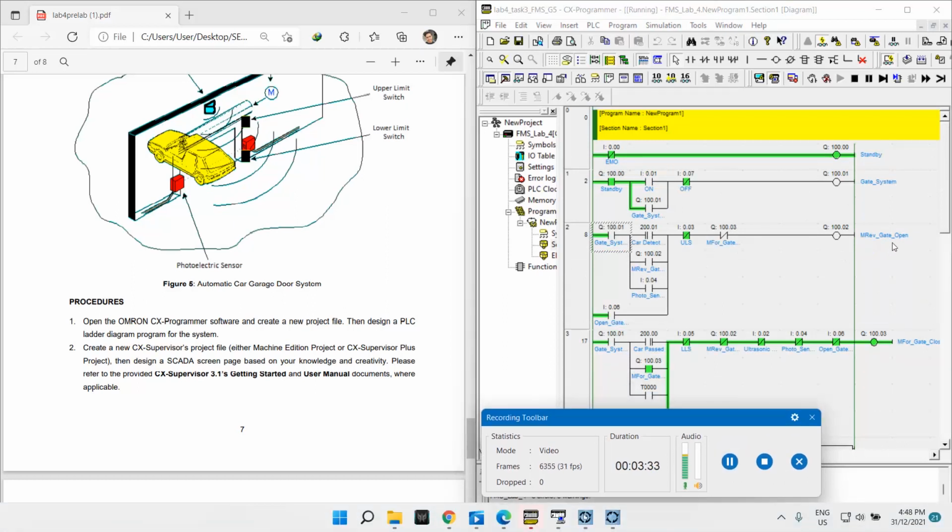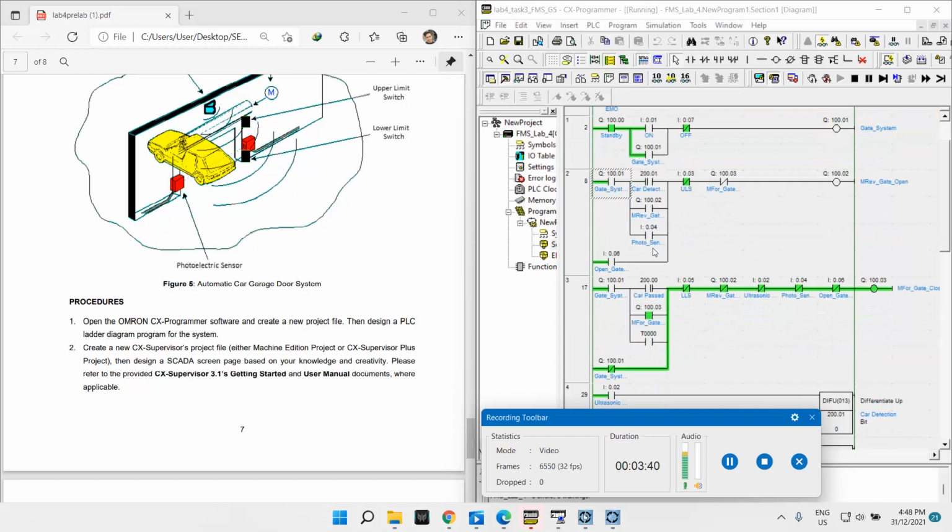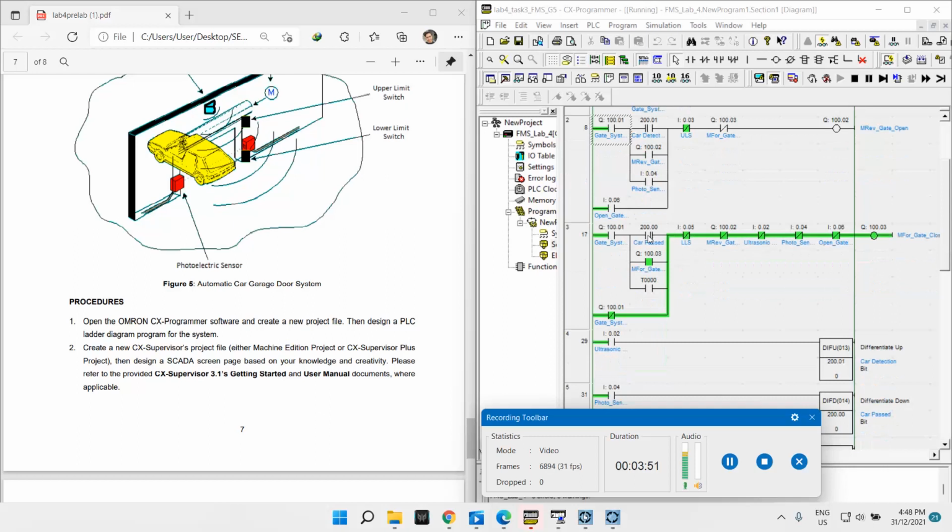The next is the motor reverse gate open, which makes the gate open. Here is the rung of the circuit that makes the gate open. When the ultrasonic sensor detects the presence of a car, the gate will be opened. When the car has fully passed into the garage and the photoelectric sensor no longer detects any car, it will make the gate close,